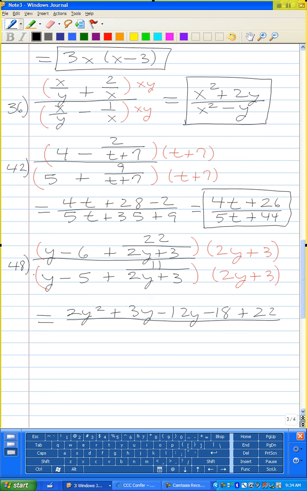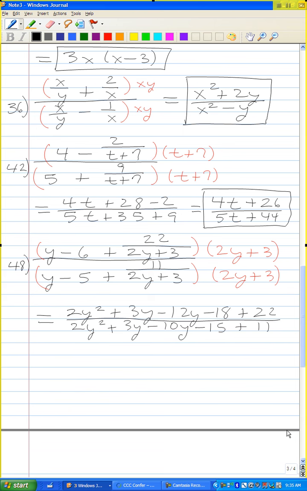Again, y times 2y is 2y squared. y times 3 is 3y. Negative 5 times y is negative 10y. Negative 5 times 3 is negative 15. The 2y plus 3's cancel, so you get plus 11. And so this is equal to,